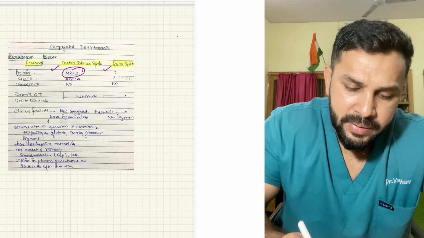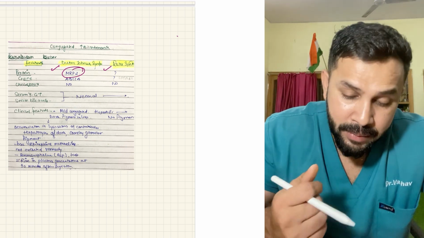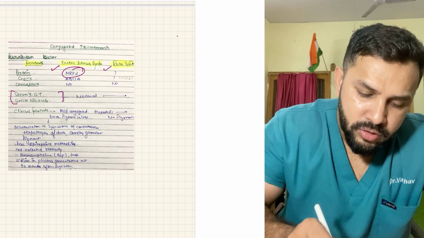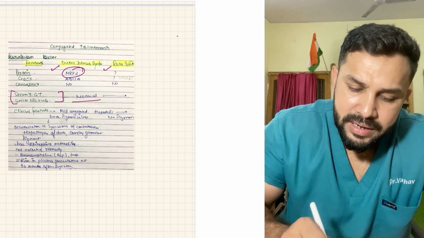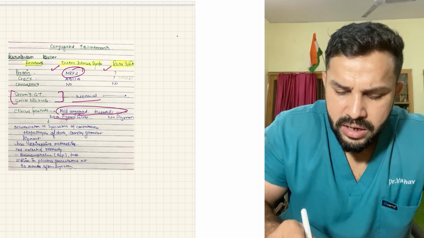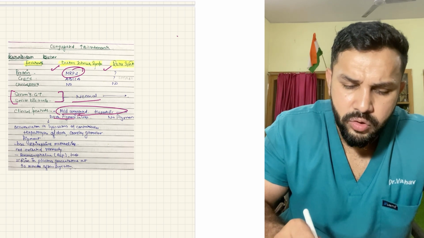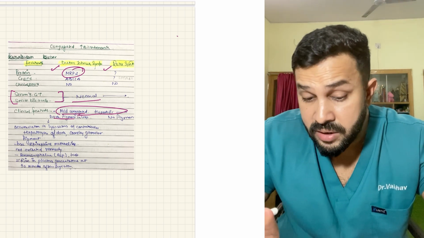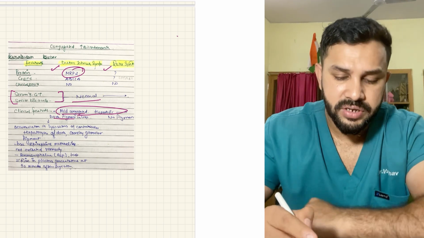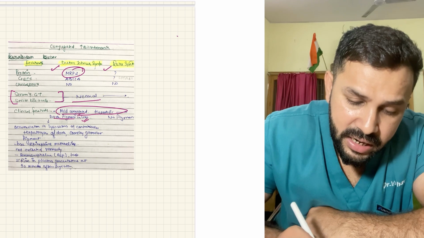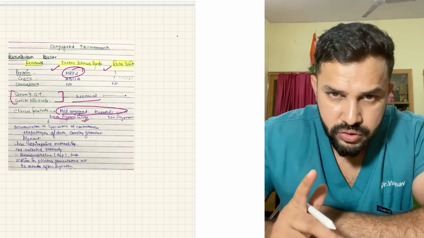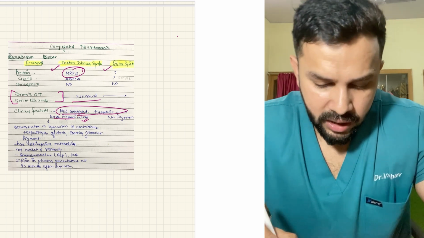In Dubin-Johnson, the MRP2 protein is defective, and serum gamma glutamyl transferase and serum bile acid are normal. Clinical feature is mild conjugated hyperbilirubinemia, okay, because it is after the hepatocytes. The most important differentiating feature is that there is dark pigment in the liver. In Dubin-Johnson, D for dark pigment. They have a dark pigment in the liver, and there is also